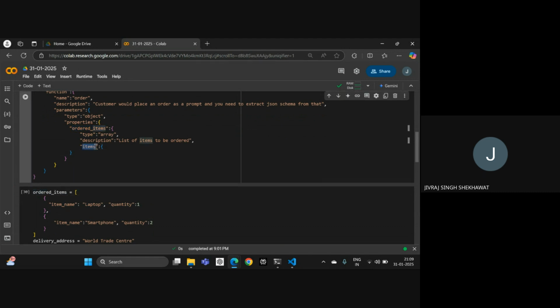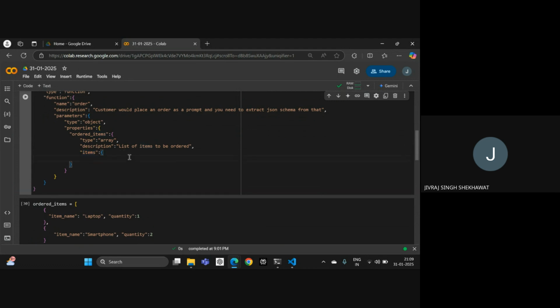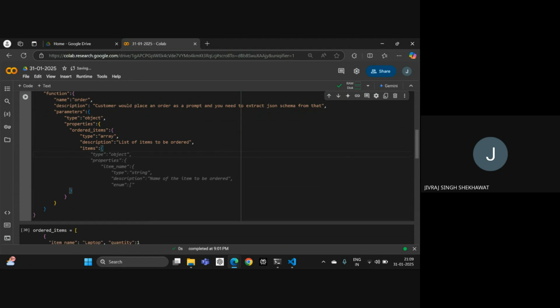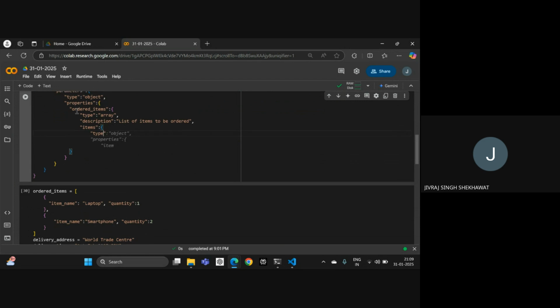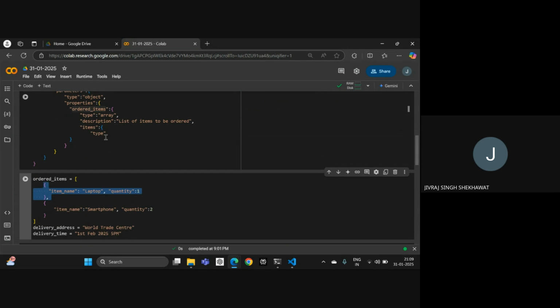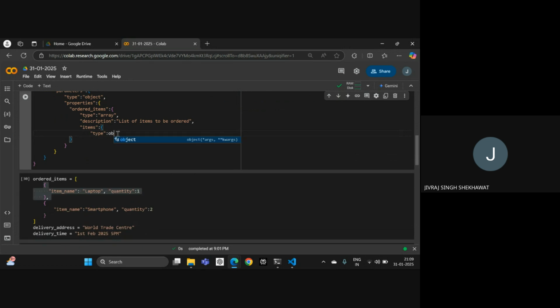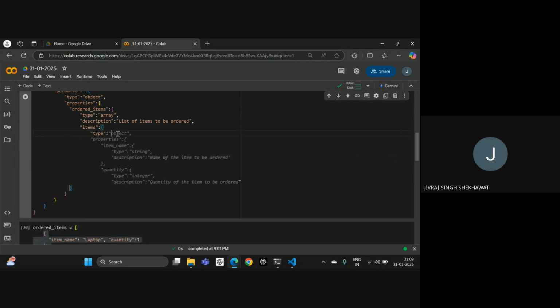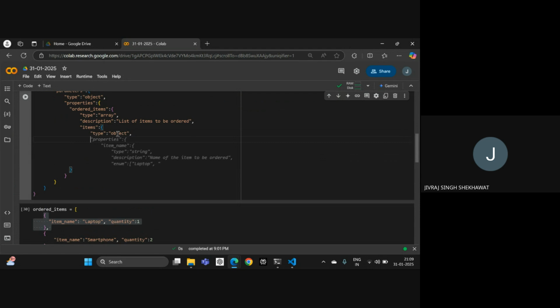Because this items is a reserved thing that is there for OpenAI. So now I will define each of these items. This is the ordered items, that is a list, and within this is an individual item. This must have a type of object, and the parameters, so the properties that are there are